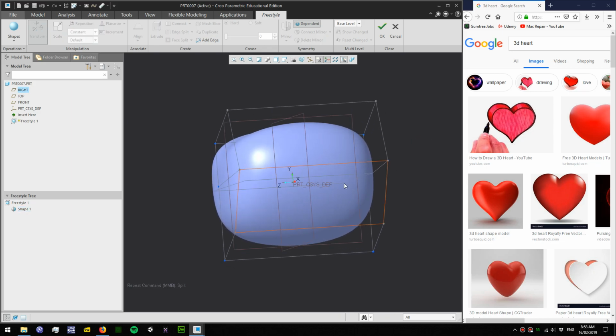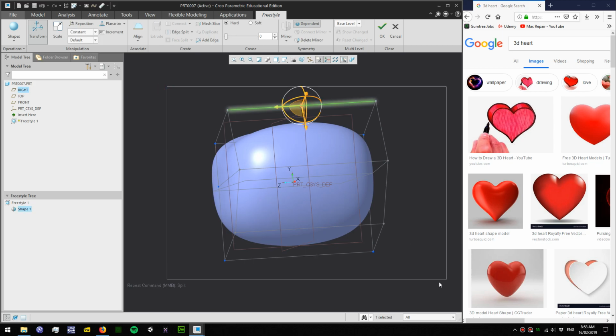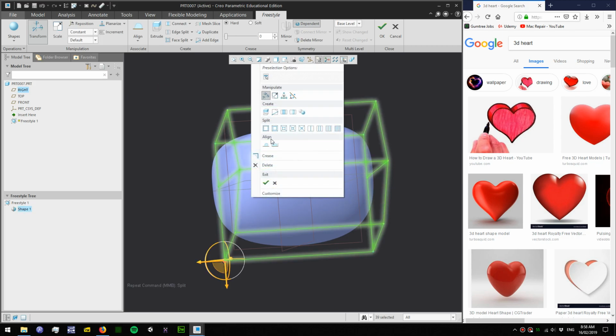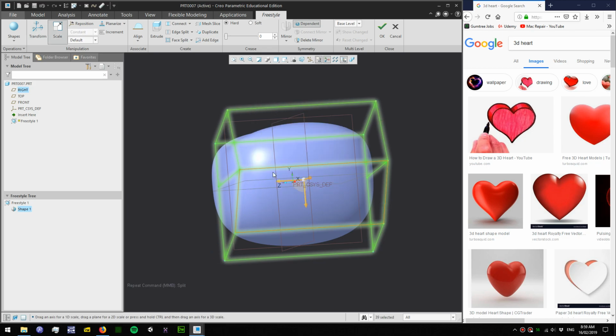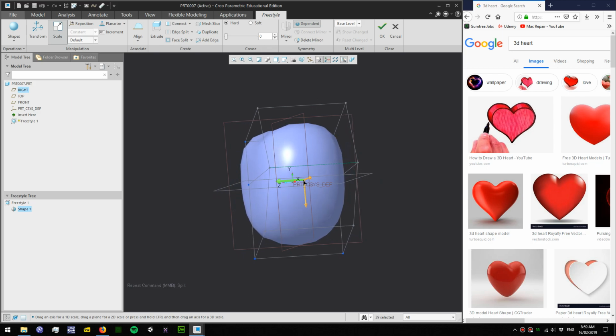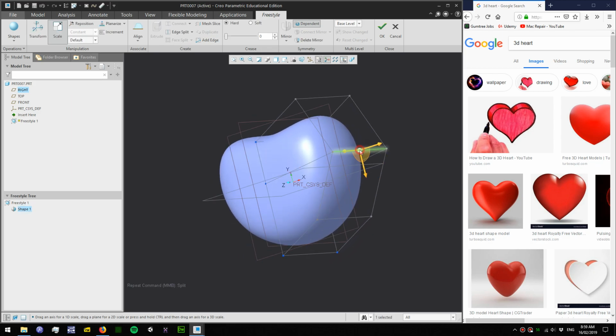Okay, next we need to check the side. So let's scale. Scale is this one. Scale the width. All right, now we'll split